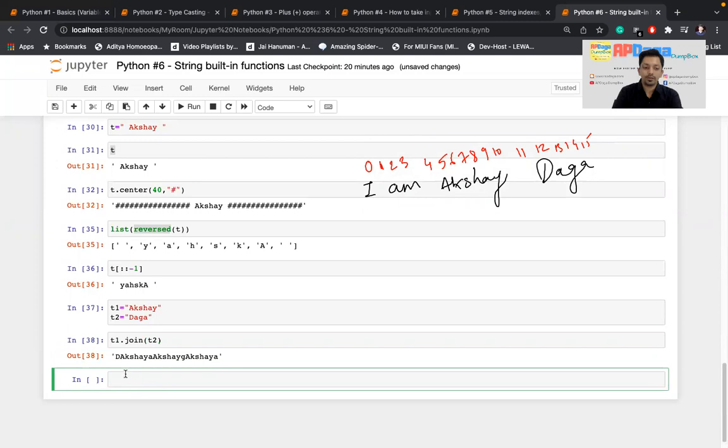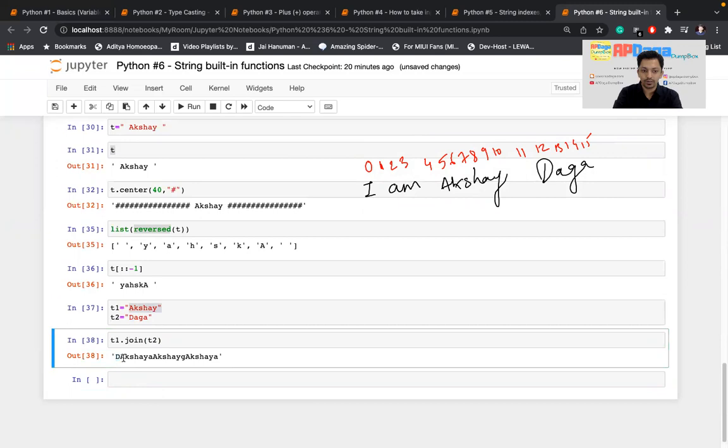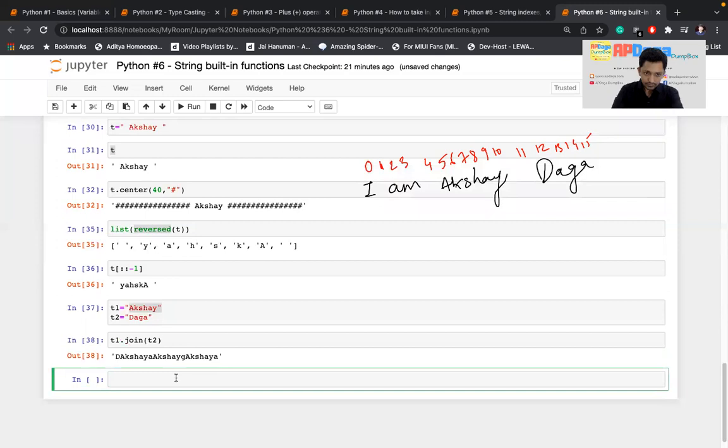Actually, after each character of T2, the whole string T1 is placed. You can see D, then the whole string T1, Akshay, then A, then the whole string T1, then G, then the whole string T1, then A. That is how join works.